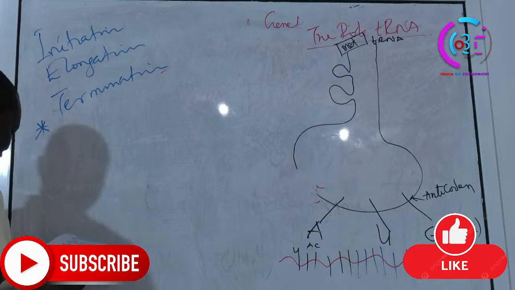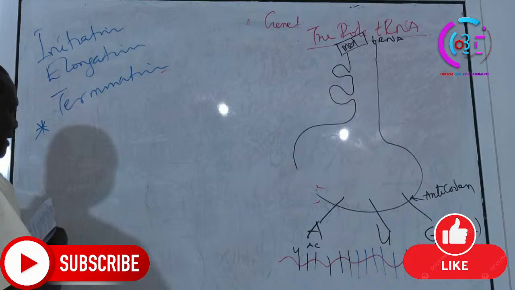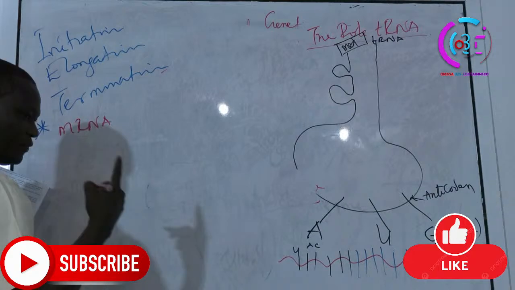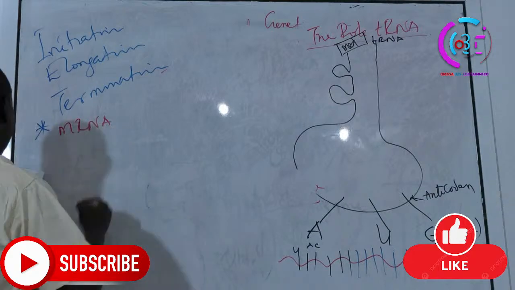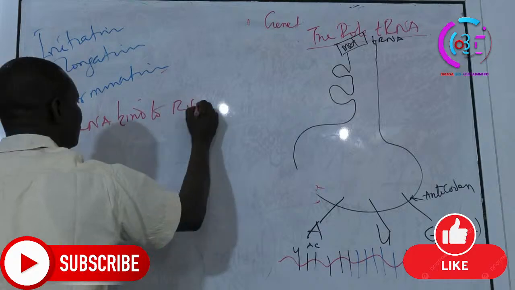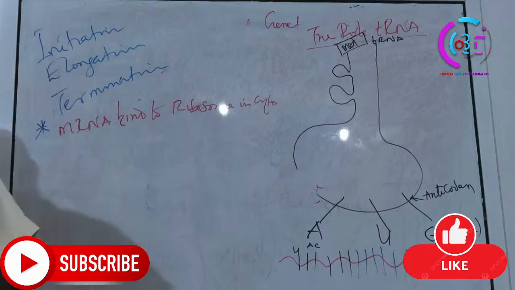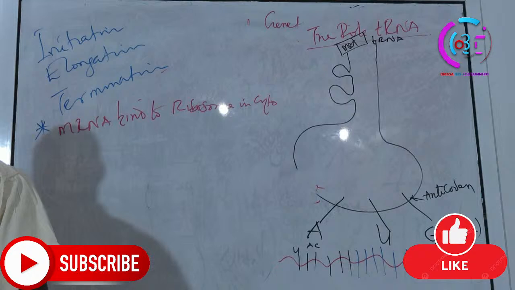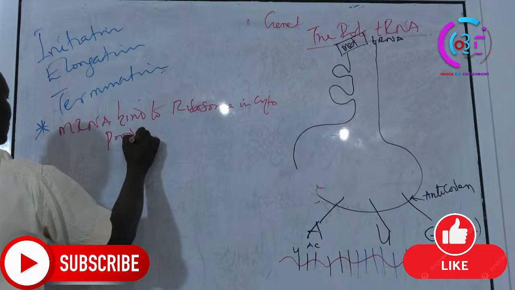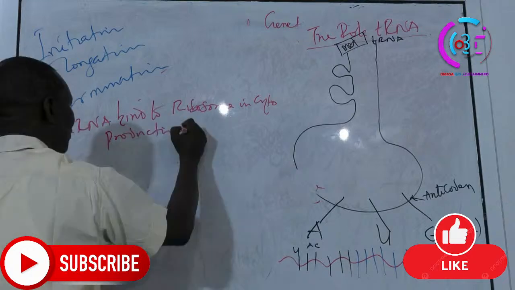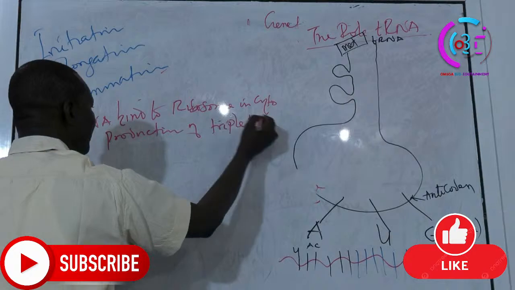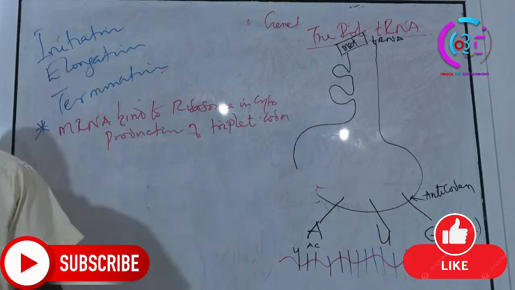The first one is that the messenger RNA that has been synthesized from transcription will bind to ribosomes in the cytoplasm, and after the binding, there will be production or synthesis of the triplet codons, and each code